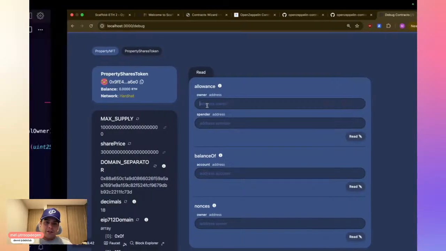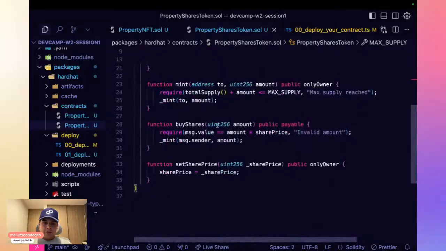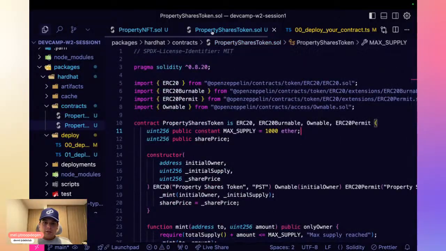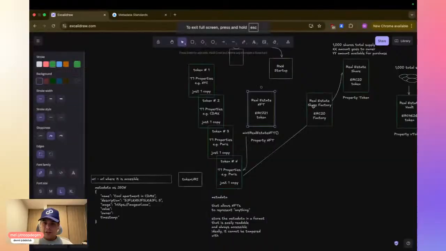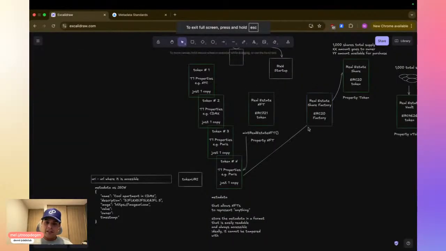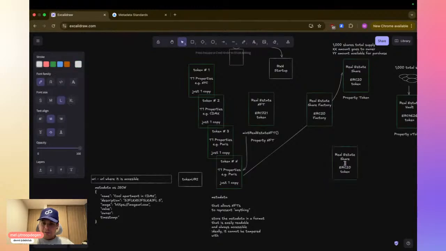And this would happen for this. We could do it here, that whenever you want to, I mean, that will be handled more here on the factory ERC-20. That way you could have a real estate NFT vault.